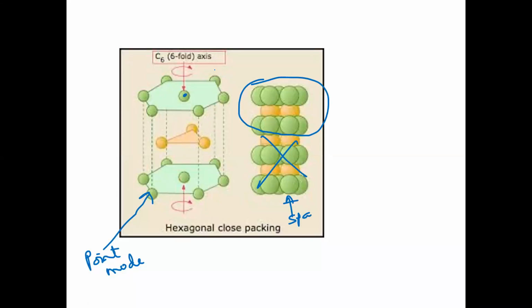6 at the 6 corners of a hexagon, 1 at the middle. The same thing in the bottom layer and in the middle layer, alternate. If this groove is used, then this one has to be left automatically. Then this group will be used. This is sitting above this group, and this will be left automatically. And this is sitting above this group, and this has to be left automatically.